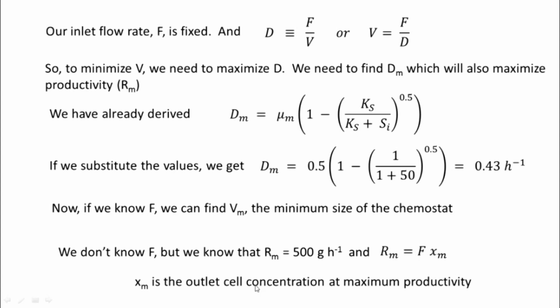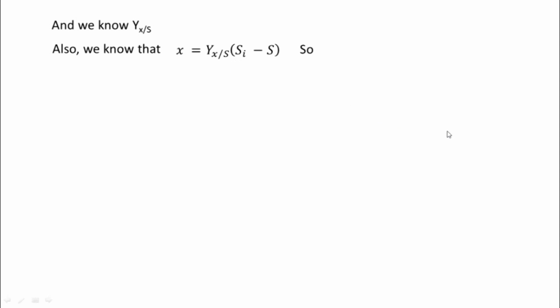Xm is the outlet cell concentration at maximum productivity. We need Vm, we know Rm, so we are trying to find F and therefore Vm by using Rm. We also know the yield coefficient. We know that the cell concentration is Yxs times Si minus S. Therefore, Xm is,